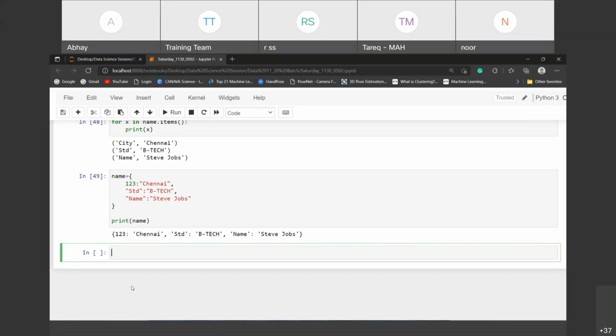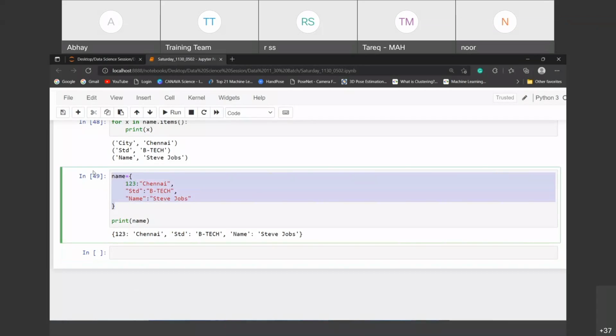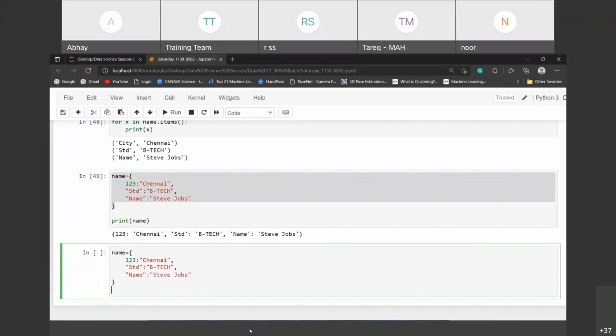So if I want to fetch, accessing, in the string you already know how to access. So how can I do that accessing? Let's check out accessing the dictionary items. I'll take this one, similar to what we have taken.